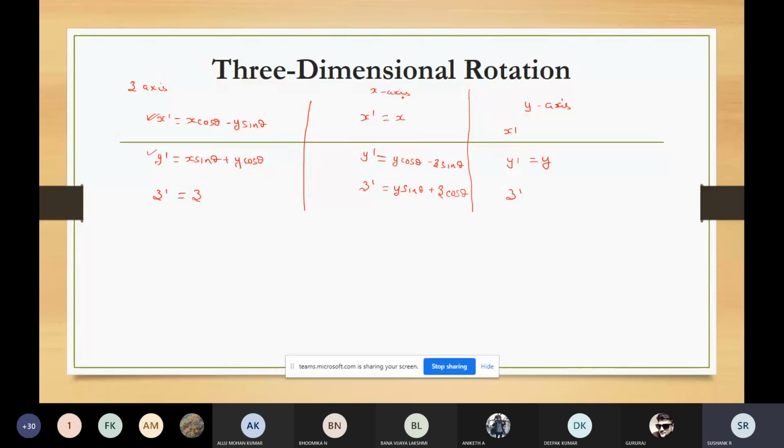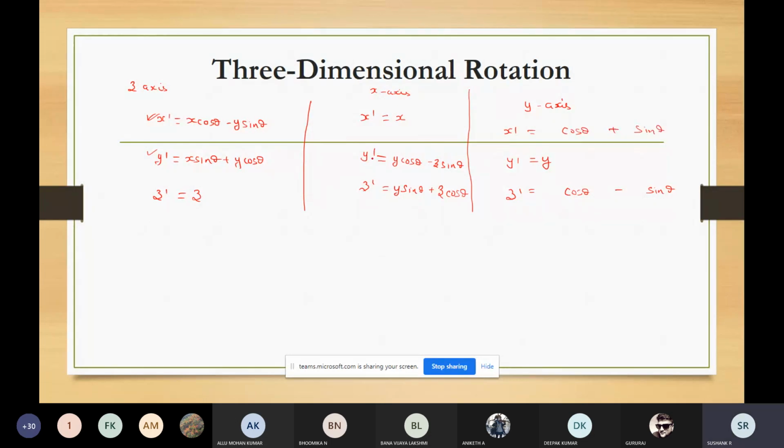So when you are using the x-axis, you write cos theta, sin theta, cos theta. Here x minus y, here y minus z; here x plus y, here y plus z. Like that you can remember. So the cyclic order. When you're looking along the y-axis, y dash is equal to y. This is for remembering, that's all. Cos theta, sin theta, cos theta plus sin theta.